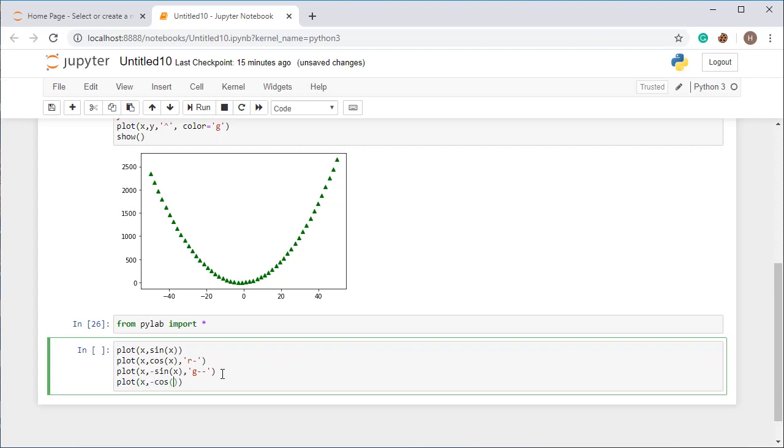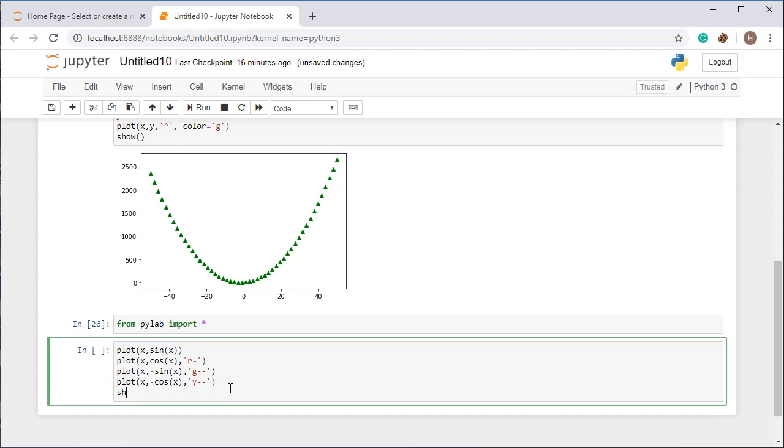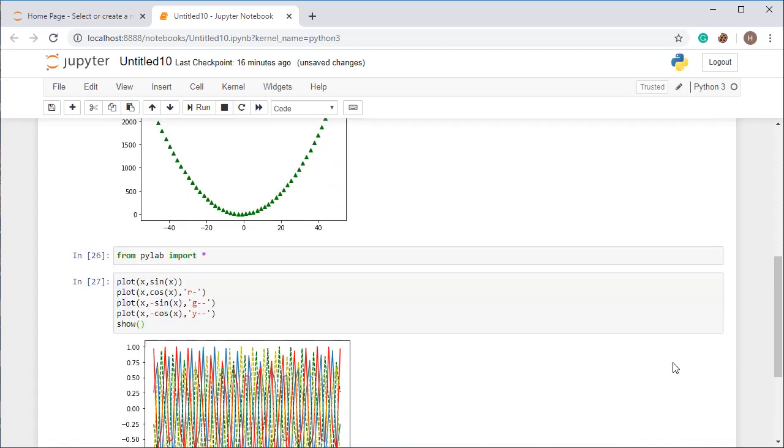You might have seen this type of graph, but you have not created it on your own. So let's create it today. I am passing it in the form of a double dash. All right, now just write show, and you will get a figure like this.